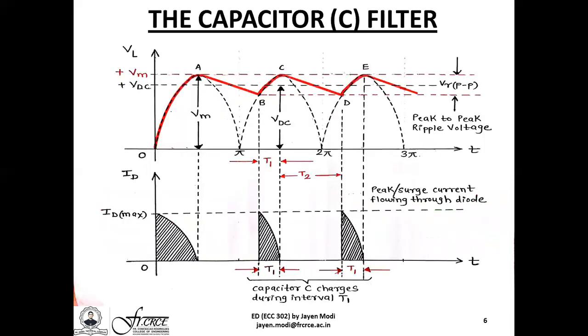From the previous video lecture session, the only major drawback of the capacitor or C filter was that whenever the capacitor was charging, it would draw a very heavy current through the PN junction diode. As you are able to see, time instant T1 is the time during which capacitor C will charge. Here it will be from point B to point C. Here it will be from point D to point D, and so on and so forth. During each and every charging interval, even the starting part, there is a very heavy peak or surge current that flows through each PN junction diode.